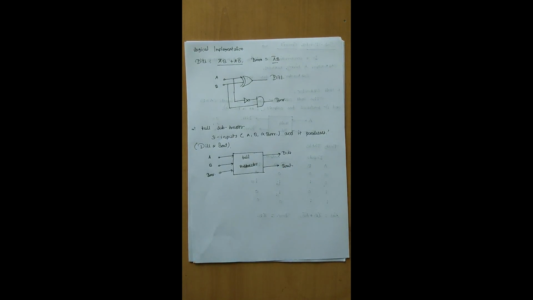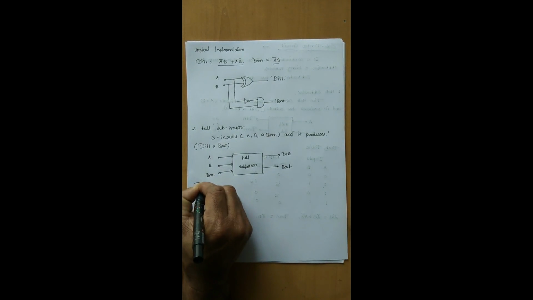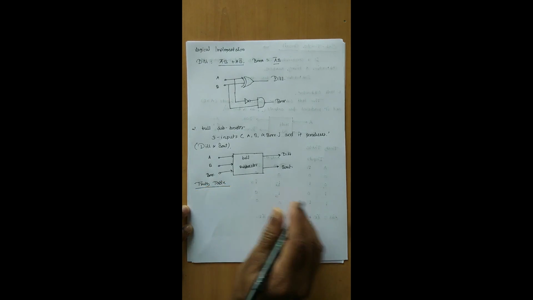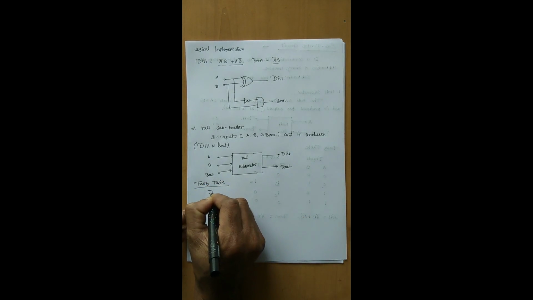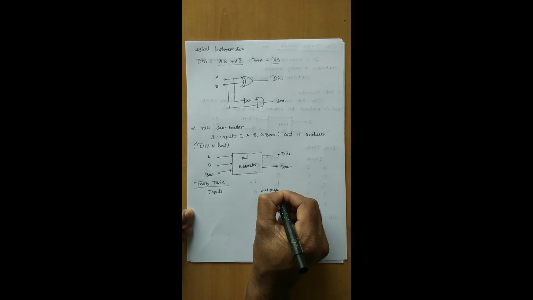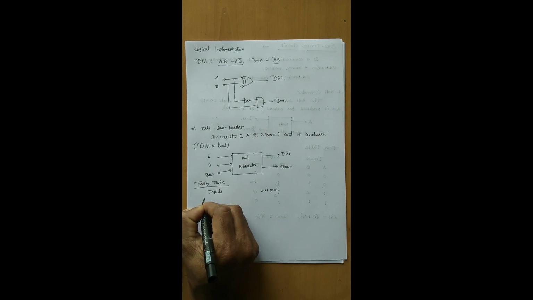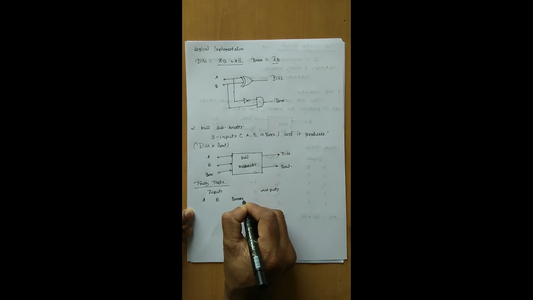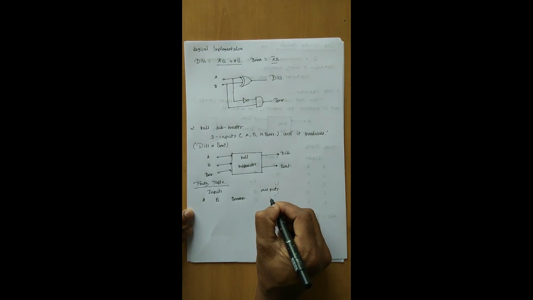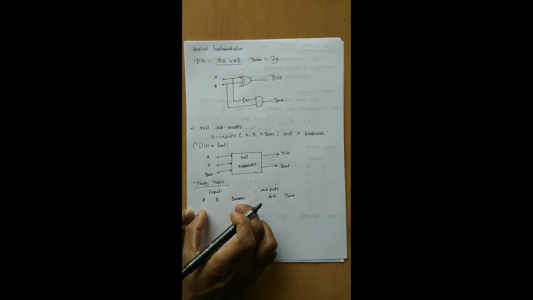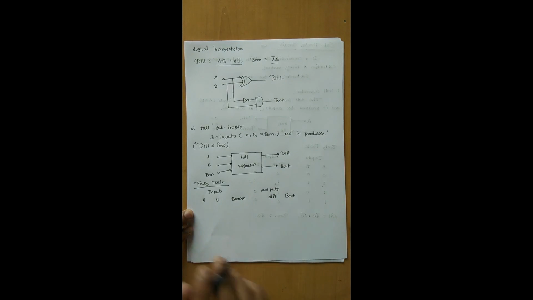B out. For that we have to build the truth table. For the truth table, we have to identify the number of inputs. There are three inputs and two outputs. The inputs are A, B, and the borrow of the previous column, and the outputs are difference and B out. These three inputs produce eight different combinations.